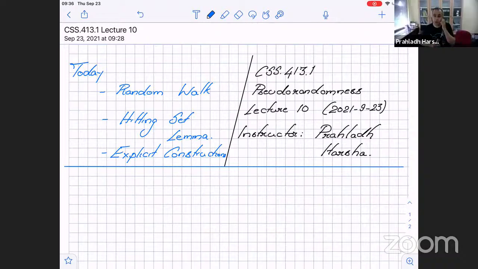Okay. Welcome everybody to lecture 10. So we'll continue our module on expanders. In particular, we'll talk about random walks. And last time we talked about random walks in general graphs, and the argument showed